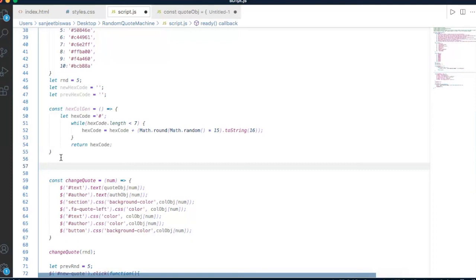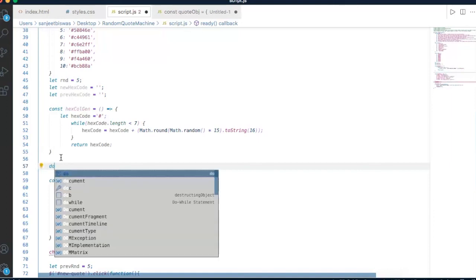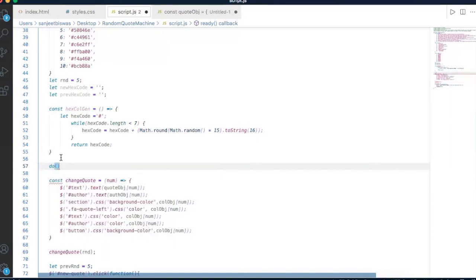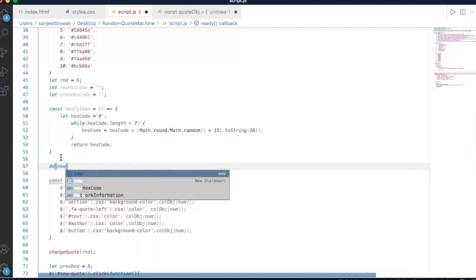So we have to again use a do while loop. So what do I do in the do part of the while loop? I say, hey, newHexCode